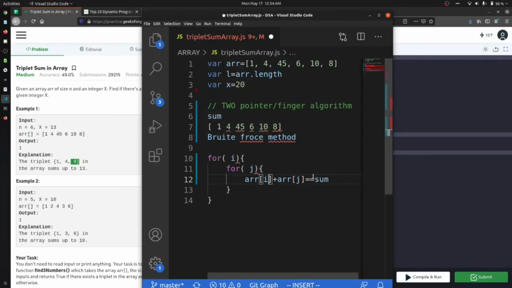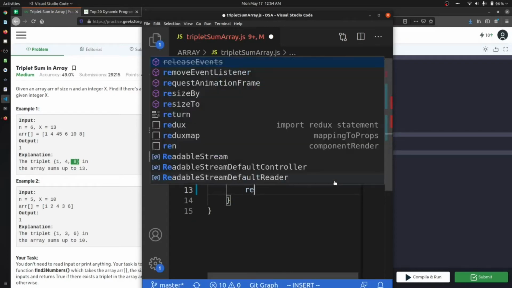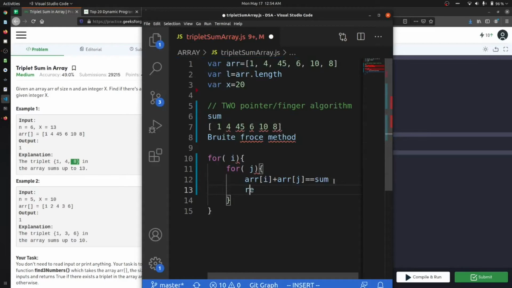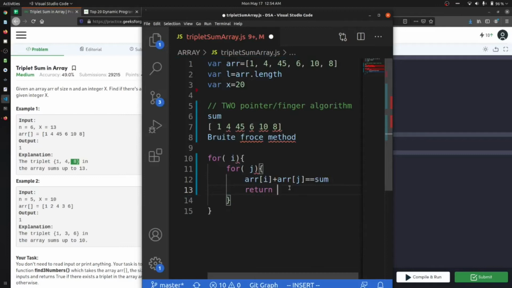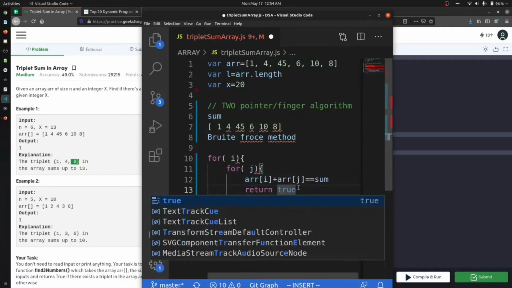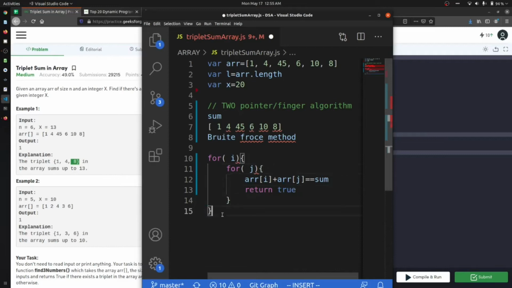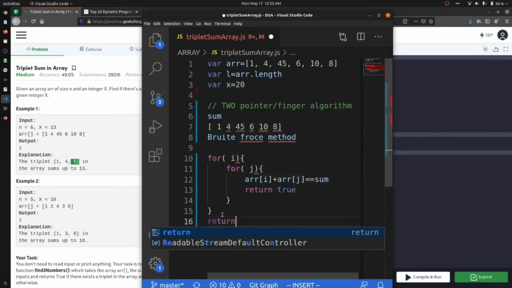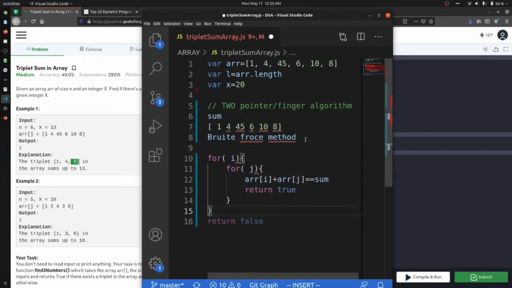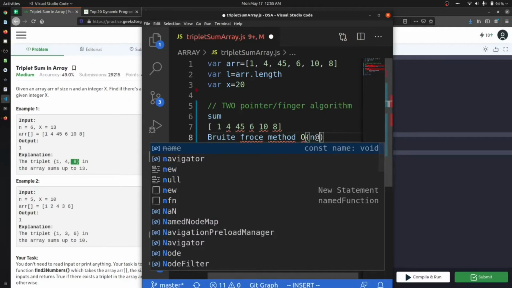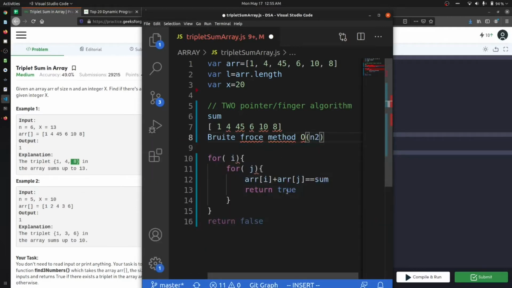If this gives me the answer, I will return true, and if not, I will return false. By this brute force method, my question will be solved in order of n square, but I want to solve this in a faster way.